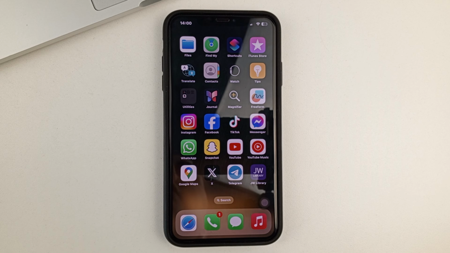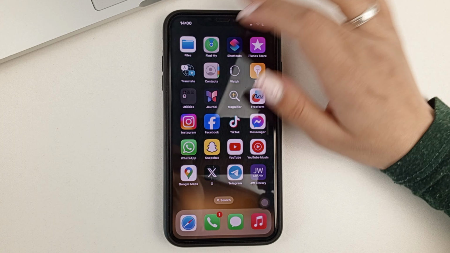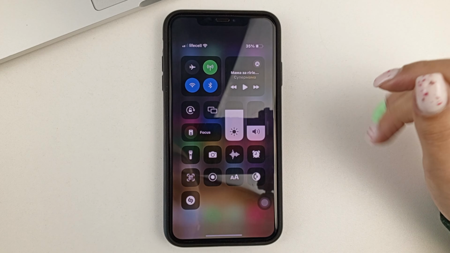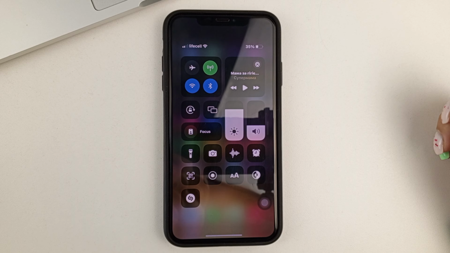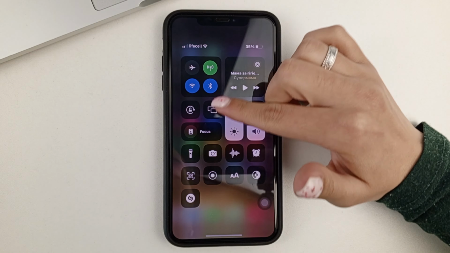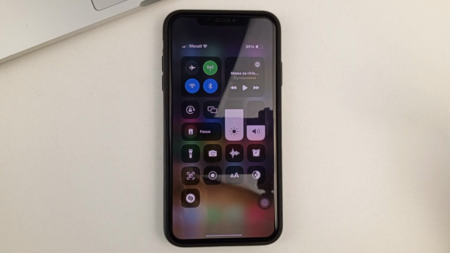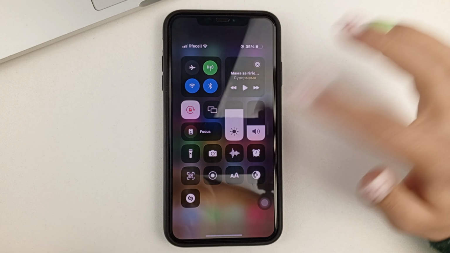The only thing you need to do is to swipe your screen from the right side down to get to the shortcuts menu. Here you need to make sure that this shortcut that blocks the screen flip is not active. If it is active, as I have it now,